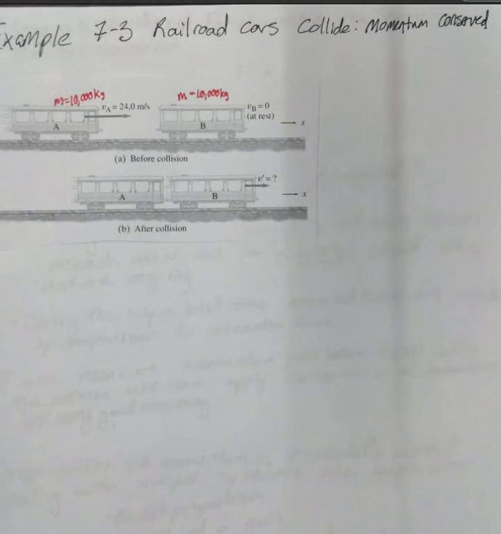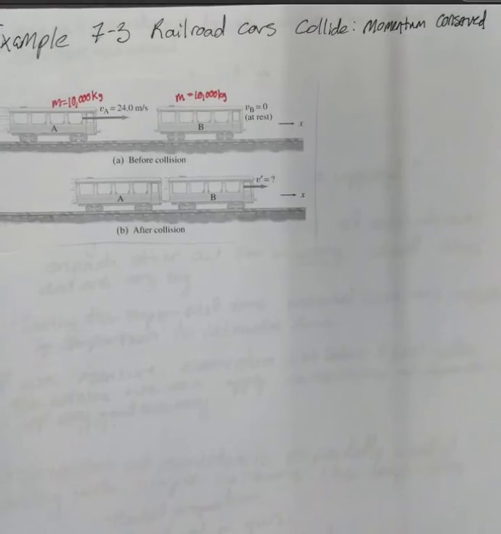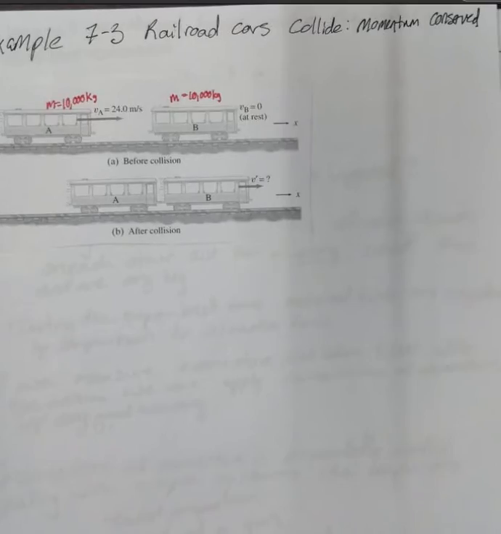In fact, you can try this with a friend: grab their hand and try to move at different velocities. It's impossible. If you're stuck together, you must have the same velocity. So that will always be true. So we're going to calculate their common speed just after the collision, and we're going to use conservation of momentum